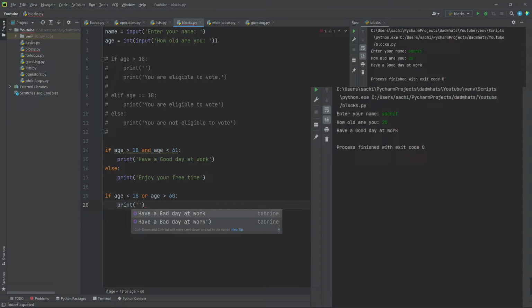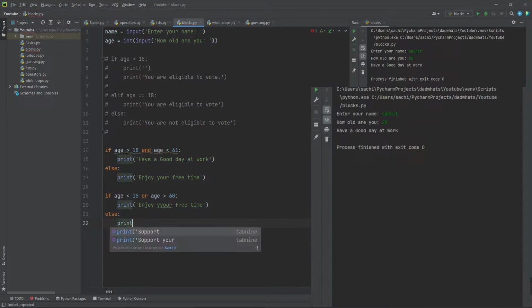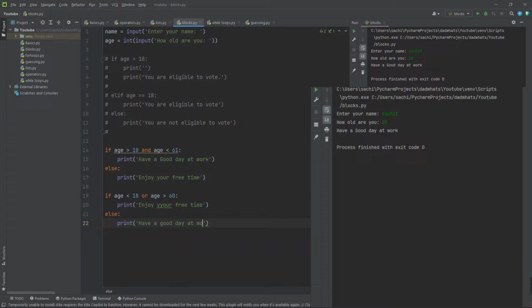So now when the age is smaller than 18 or greater than 60, which means that we are out of the radius of the working condition of the working people, right? So we just have to write enjoy your free time, and when we go to the else block, we have to write have a good day at work.